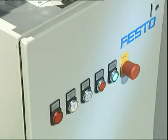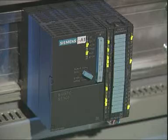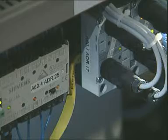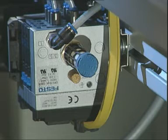A few more words about control. Distributed control is responsible for smooth operation of the system. Each station has its own controller. This results in small, simply structured units. The AS interface field bus distributes signals throughout the system and organizes optimum exchange of signals between the transport system